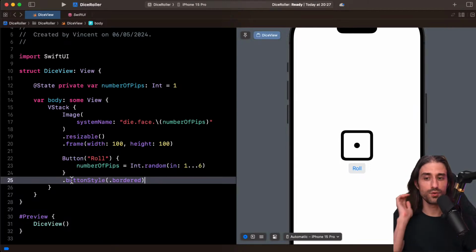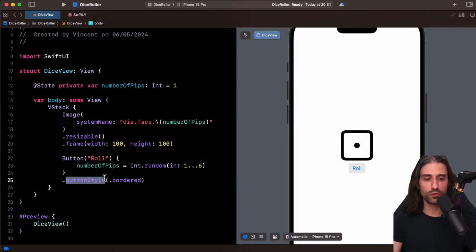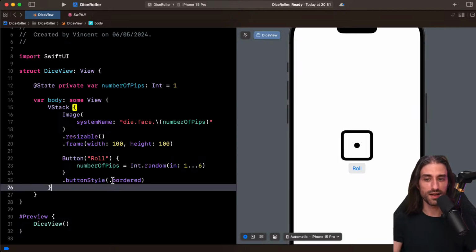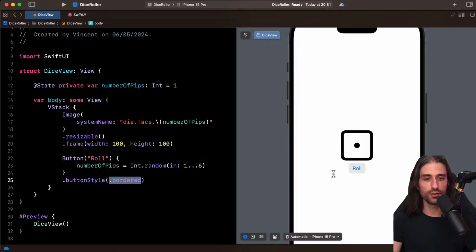By the way, you can create your own button style, actually. I will cover it in a future video that I don't know when I will release, but it's ready to be released. When you have several buttons with the same style, you can factor this code out into a button style. And here we're using one of the built-in button styles, which is this bordered button, to have this border with rounded rectangles that is characteristic of what you can see inside iOS apps.